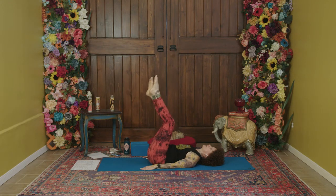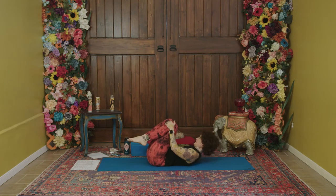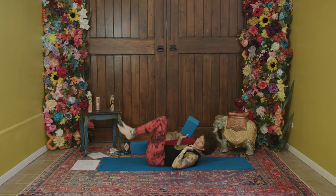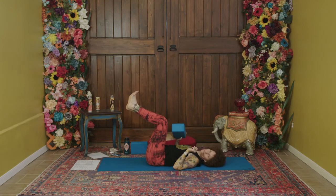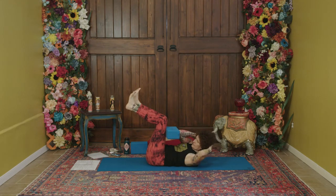And come back up. Bend your knees, hug your knees into your chest, give them a squeeze. And then find your block again for some isometric holds. Your legs are in reverse tabletop again. I'm going to use the medium setting of the block on my left thigh. Bring your right elbow to hold the block so you're in a twist, hands behind your head, fingertips rest lightly